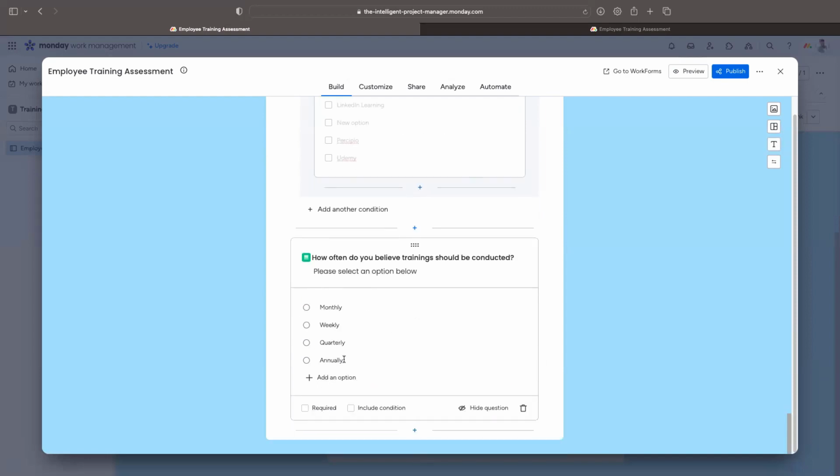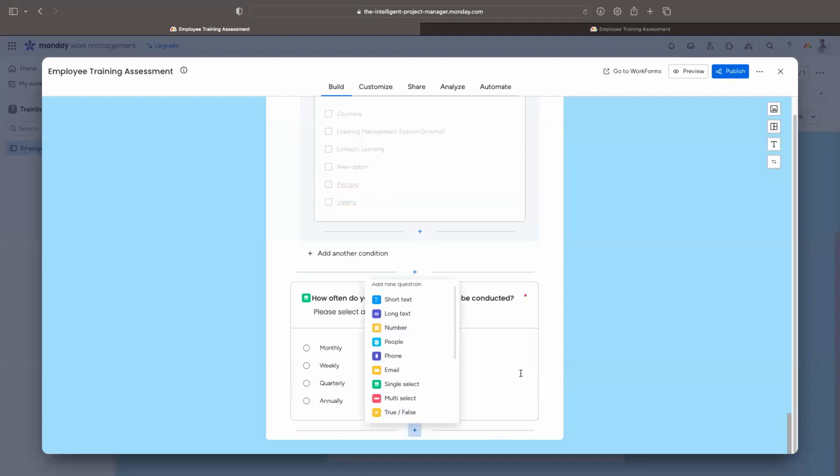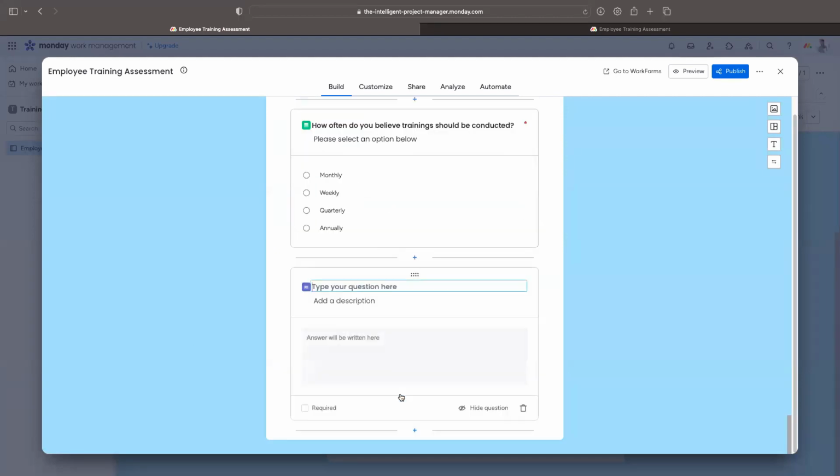Okay. So we have this, and let's do one last question. And let's do a long text for this. Maybe we haven't captured all of the detail, which is okay. But we can use this as a catch-all for right now. So please, or is there